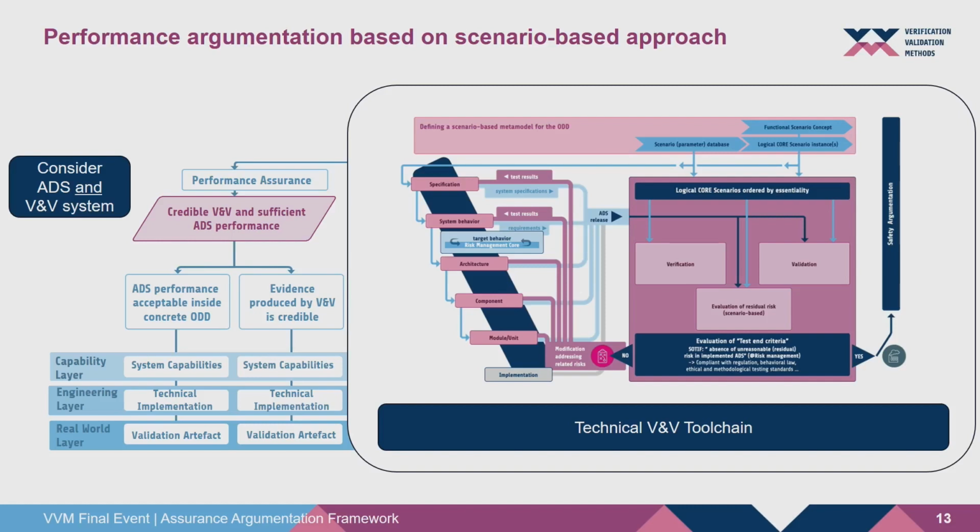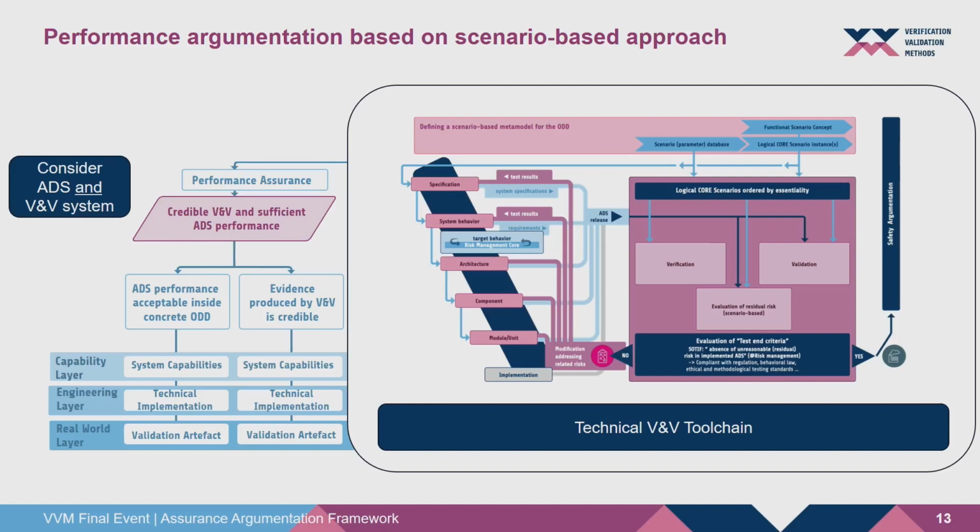And this means that we account for this in the VVM argumentation structure by dedicating a concrete branch on a similar level like the ADS because it's so important. And this also means that we can perform this argument for the V&V system credibility based on capability engineering and real-world layers as well. However, the concrete